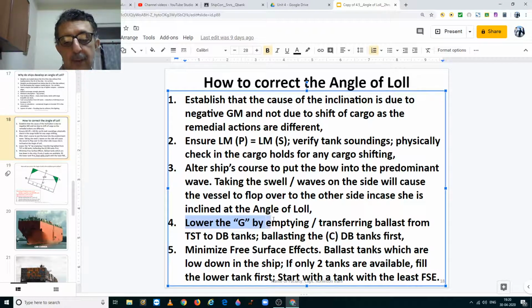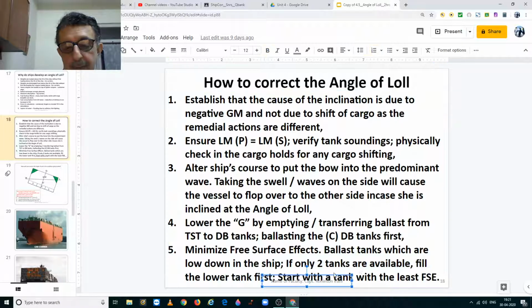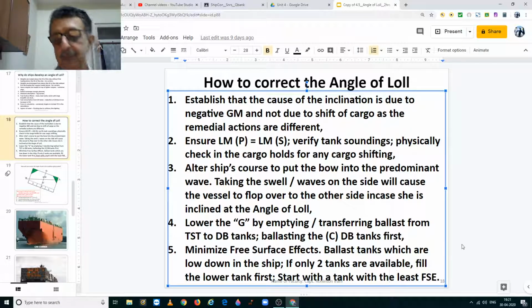Next, we have to lower the center of gravity of the ship by emptying or transferring ballast from the topside tanks to the double bottom tanks. Ballasting the center DB tank first, if such tanks are available. If no such tanks are available, and you have only port and starboard tanks, then you have to start ballasting the tanks on the low side. Also you start filling up the tank with the least free surface effects first,